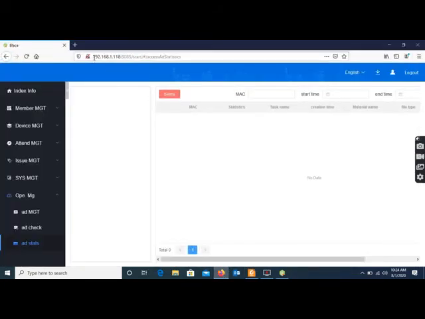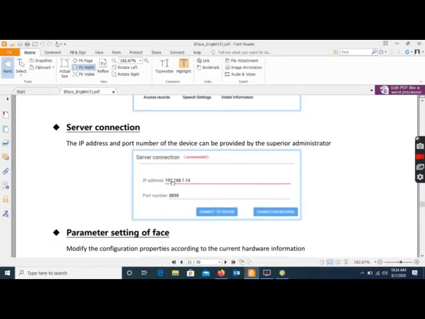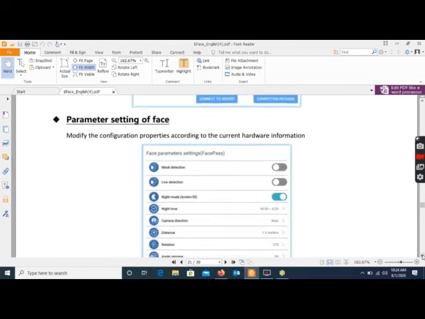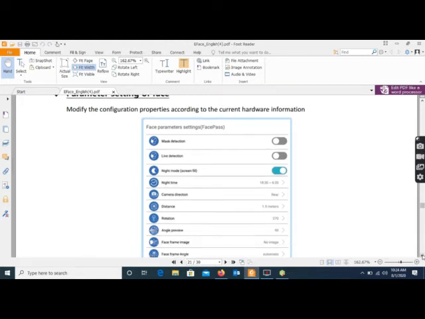So in this case, I've got a Class C, which is a 192.168.1.118. You notice the port number I'm not going to change. The factory is set. You don't have to mess with that. So we'll just change the 14 to 118. Okay. And then once you're in the program, after your server is connected, you come in, you can set pretty